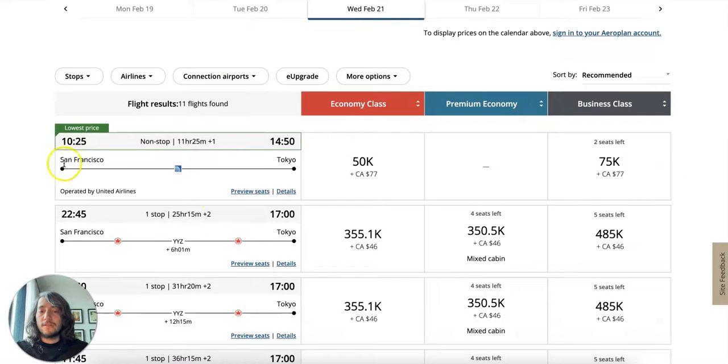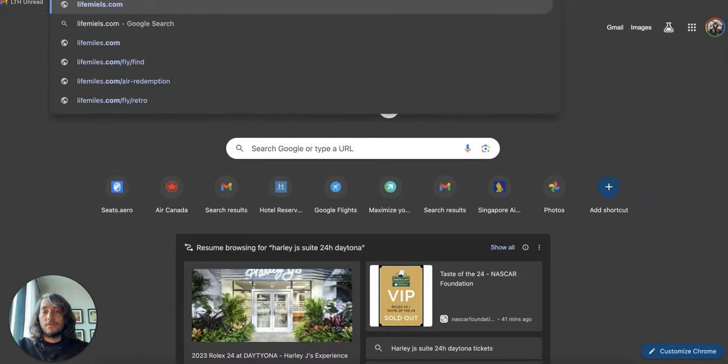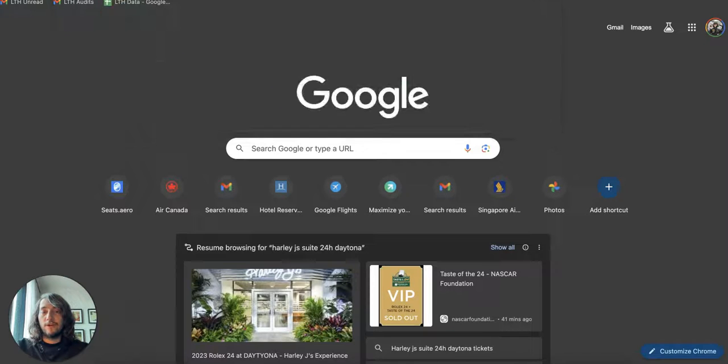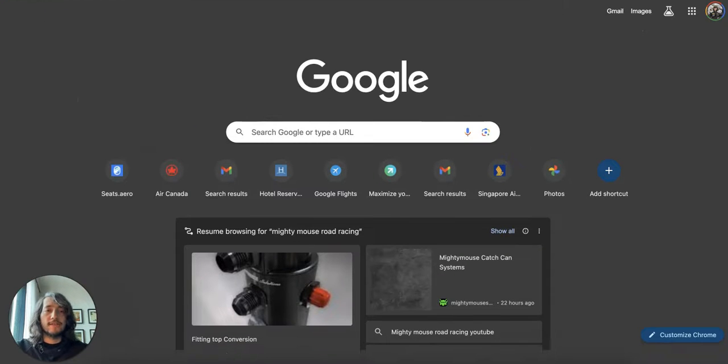Okay, here they are, 2 seats, San Francisco to Tokyo. Super easy, 75K. Again, we want to quote this on other partners and see who wins, right? So we're going to use Life Miles, which is great for Star Alliance. And maybe we'll also quote it on United, just so you guys can see the difference between having